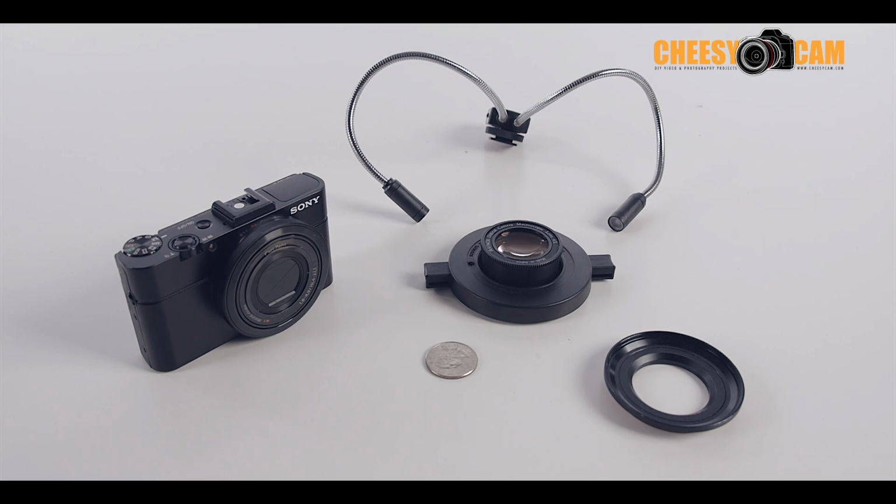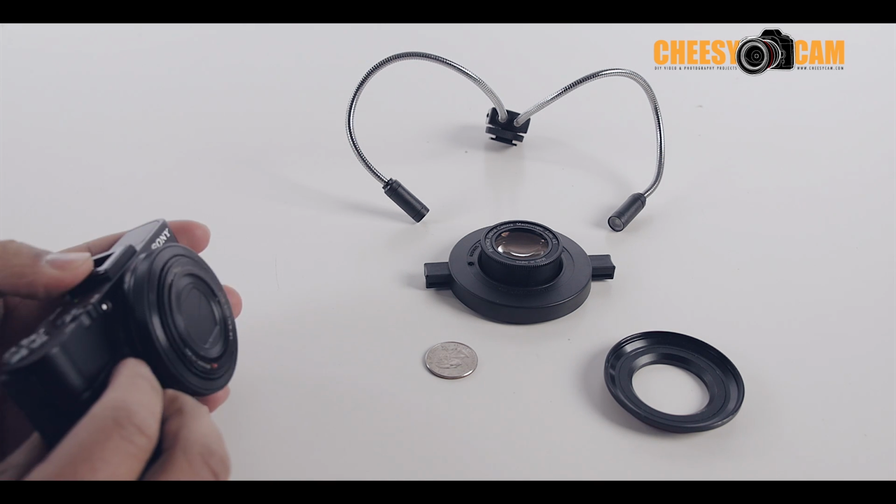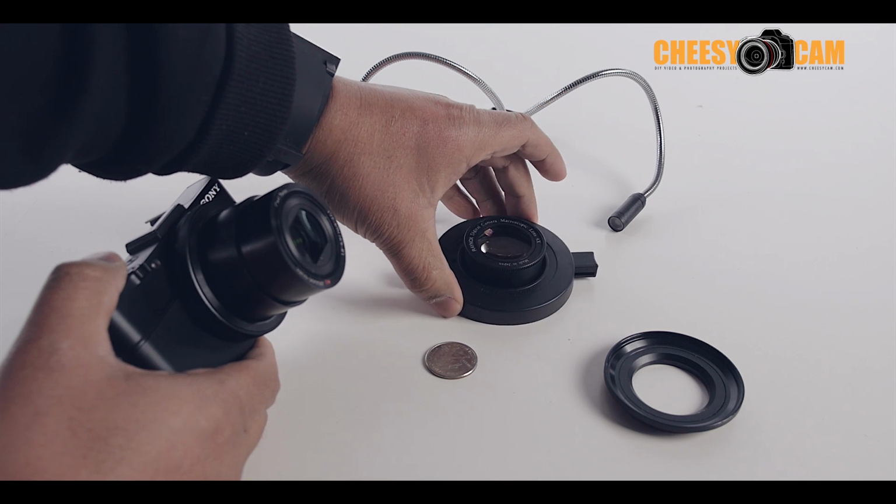Alright guys, here's a little tip on how to get better macro photos from your point and shoot camera. Now this will work with almost any point and shoot camera out there. The first thing you're going to need obviously is your point and shoot camera, and here I'm showing the Raynox